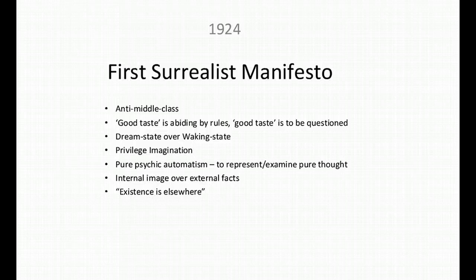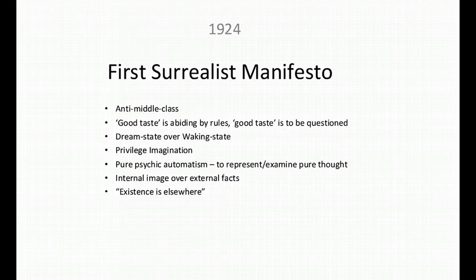And so, by the time that those ideas get to Breton, we see this. The dream state is always privileged over the waking state, i.e., what goes on inside your brain. Think of the sand dollars falling into Gala Eluard's head from 2 slides prior to this. That's the dream state. The waking state are those eyes that you can very clearly make out. The dream state is the stuff above it.